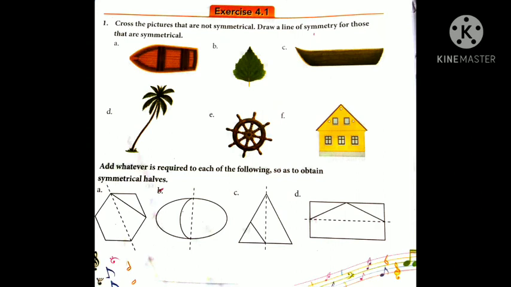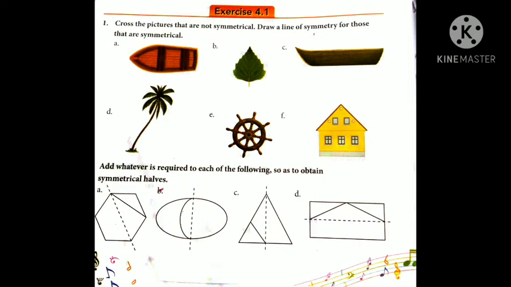Page number 118, exercise 4.1. Cross the pictures that are not symmetrical. Draw the line of symmetry for those that are symmetrical. There are a total of 6 pictures. Then the first one,